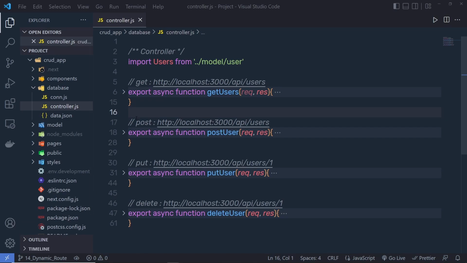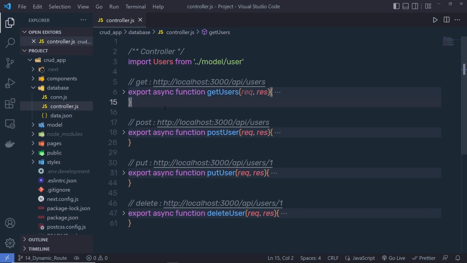Now, as you know, using get users, you get all the data of the user. But what if you want to get only one record from the database? You might have more than 1000 records inside your MongoDB database. In that case, you won't grab all the records and then filter only one record from the list. Instead, you're going to make a request and get only the record you want. So let's take a look at how we can get the individual user, or you can say the individual employee,